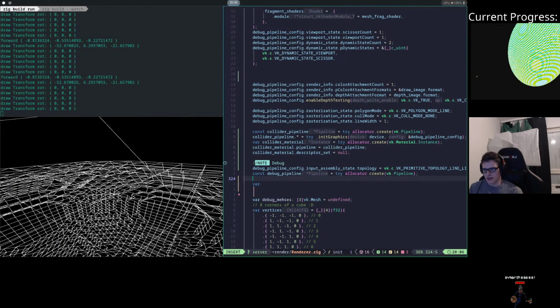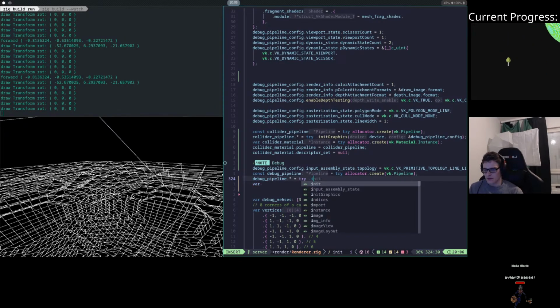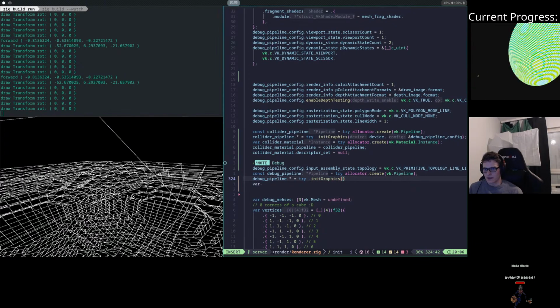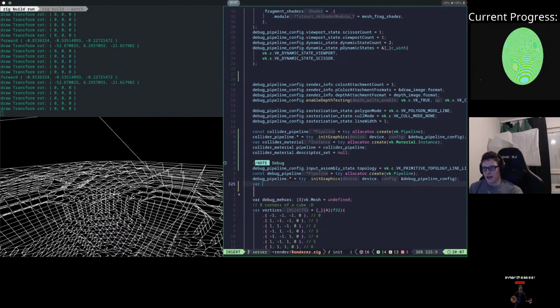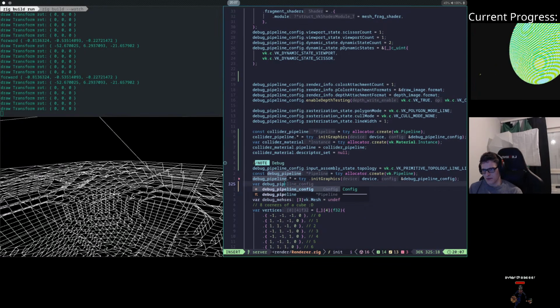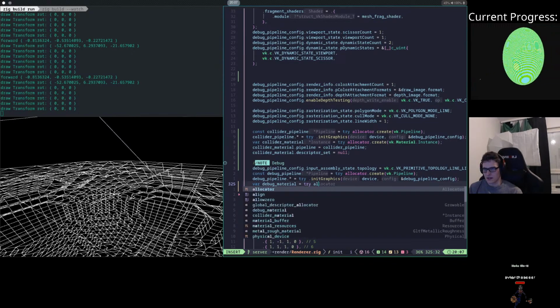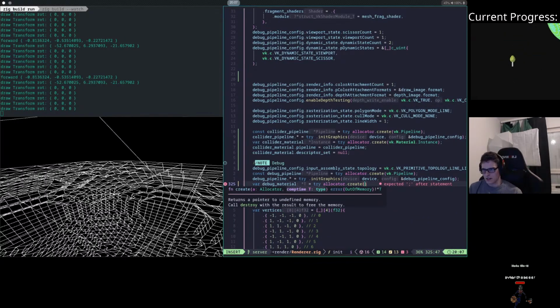So debug pipeline, try init graphics. We're passing the device, and then we're going to pass in the debug config of this thing, like so. And then in here we can create another one, which will be debug material. It will be equal to try allocator create,